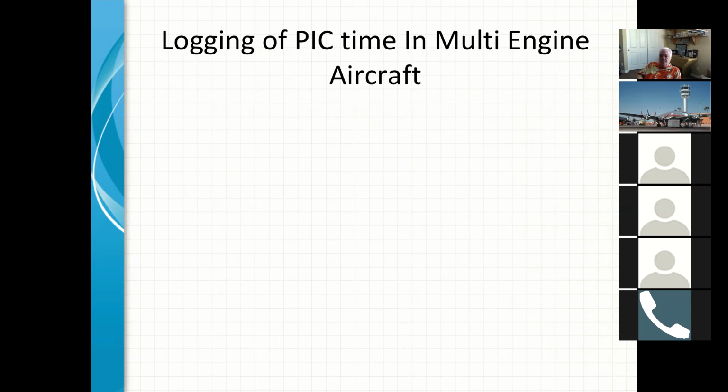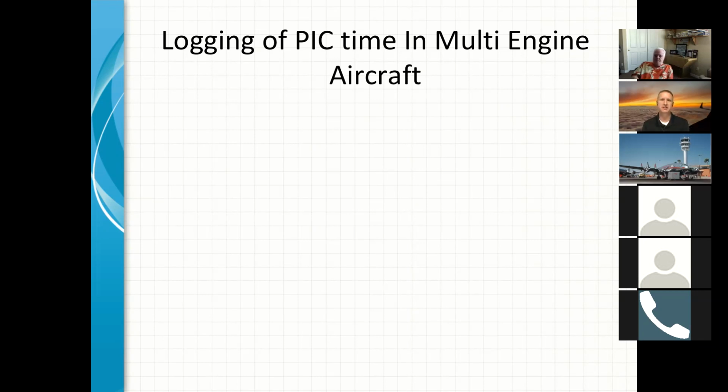And Phil, I'd love to see what regulation these people are trying to reference with this, because all of the ones that I can think of, it's very black and white. The whole thing about sole manipulation of the controls in an aircraft in which you are rated, the FAA has given a very clear definition of what it means to be rated in an aircraft. It's category, class, and type if a type is required. So that leaves room for things like high performance or complex endorsement, tailwheel endorsement. Those things are not part of being rated in an airplane. But multi-engine, like you just said, is category and class.